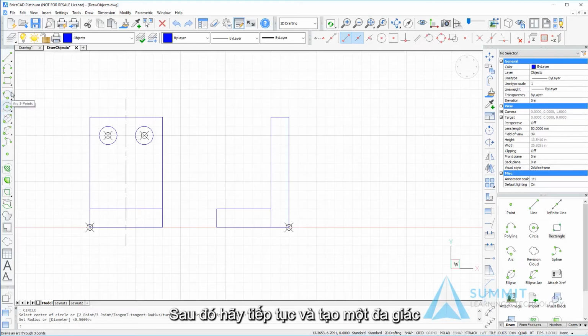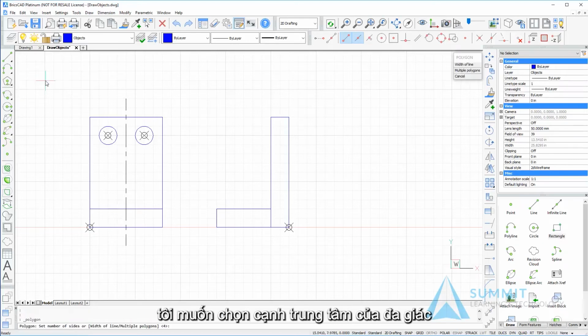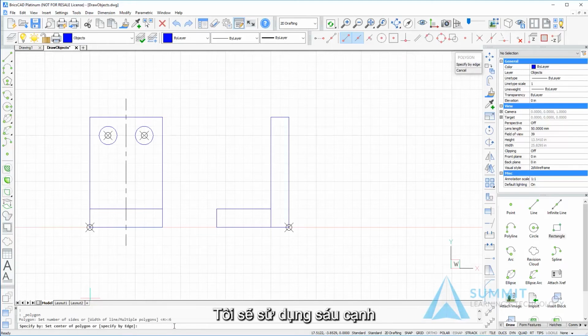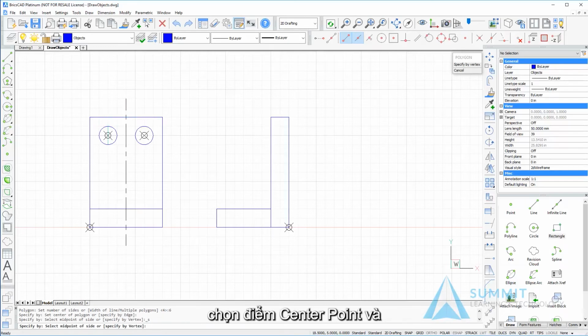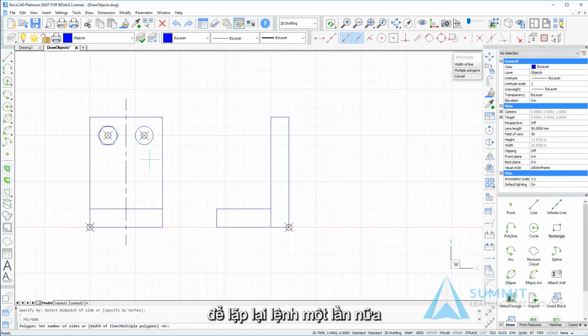Let's then go ahead and create a polygon representing the hex head bolt. I want to choose the polygon center side. The first thing that we need to do is set the number of sides for the polygon. In this case, I want to use 6 sides representing a hex head bolt. We'll select that center point and the outside of the circle, and then press spacebar to repeat